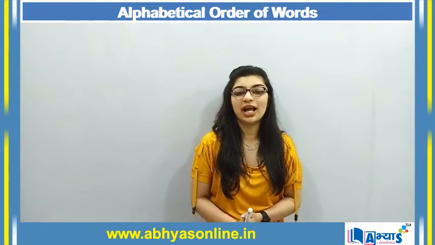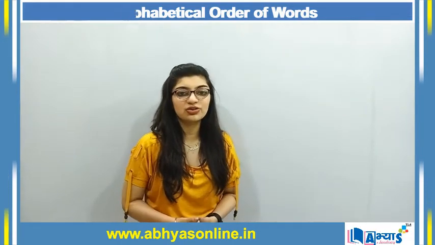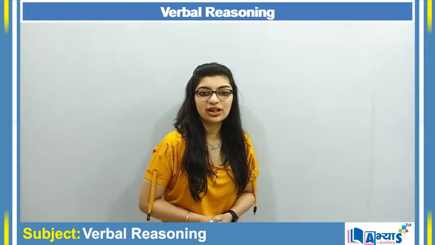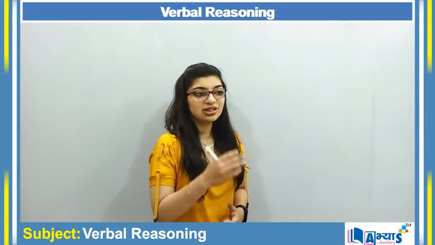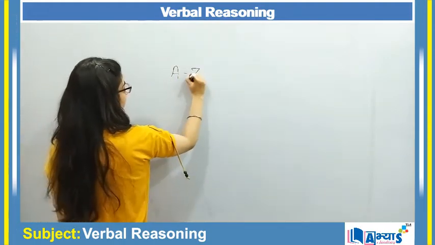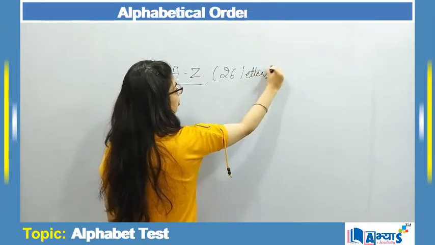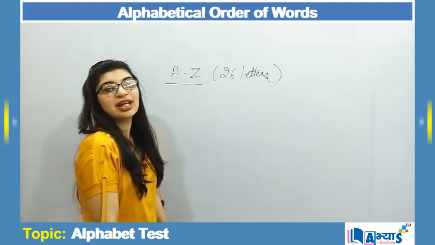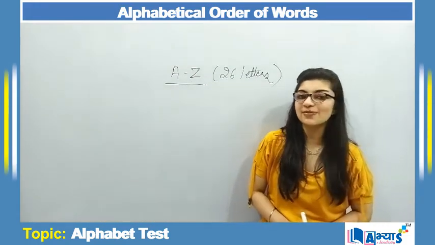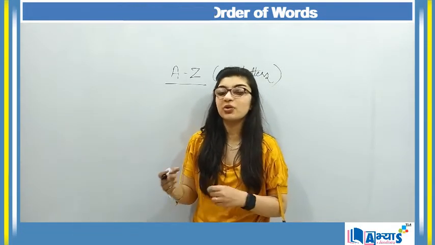Now in this particular video we will be covering a concept of alphabet test, and that is arrangement of words alphabetically. Alphabetically means that you have to arrange the words according to the arrangement in dictionary, and we know that in dictionary the words are arranged alphabetically, that means in proper alphabet series, that is from A to Z. We know that from A to Z there are 26 letters, and the position of all these 26 letters is fixed, and corresponding to each letter there is a specific place value which is provided. So you have to focus on that, and accordingly we have to arrange the words.